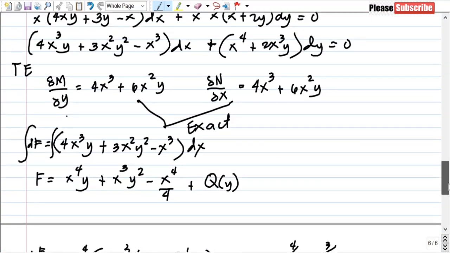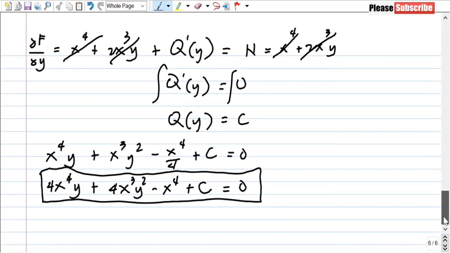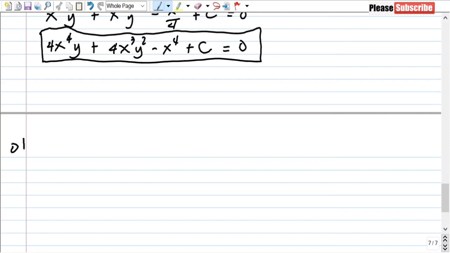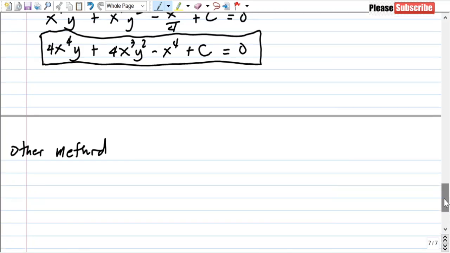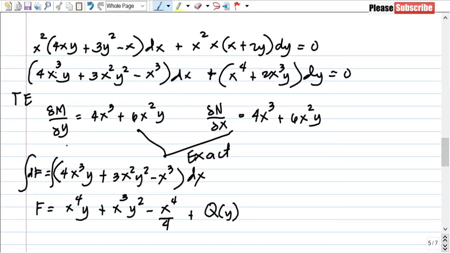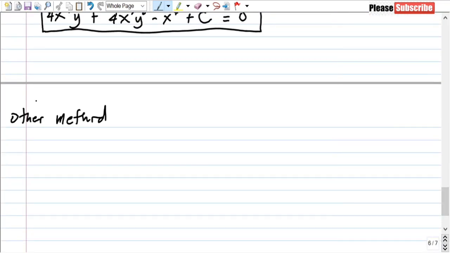Okay, ito po yung isang method, isang technique in evaluating an exact equation. Okay, subukan natin yung other method. Paano yung isa pang method? For the other method, we just take the integral ng function. Paano ba yung naging function natin? This one, i-copy natin to. Ayan. Ito pala, sorry. Ito. 4x cubed y. Sige, tingnan natin. I-copy natin yan. So, we have 4x cubed y